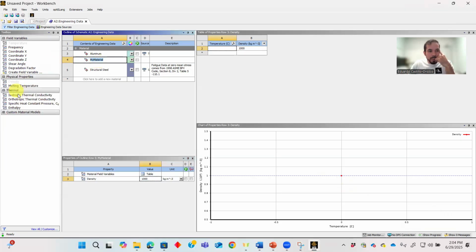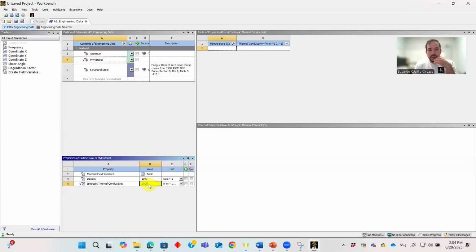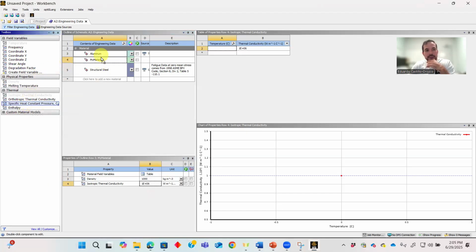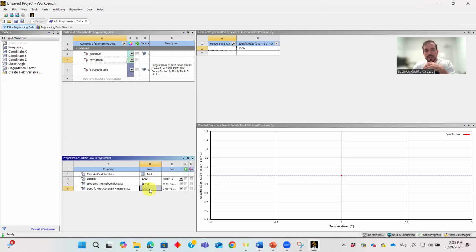We have to go to thermal properties. I have isotropic thermal conductivity. Yes, I will include this into my material, and this isotropic thermal conductivity will be equal to 1 million. And finally, I need to define the heat capacity. So my heat capacity will also come onto my material, and this will be equal to 1000. The units are consistent, so my final thermal diffusivity will be equal 1, and this is a new material that I have created.